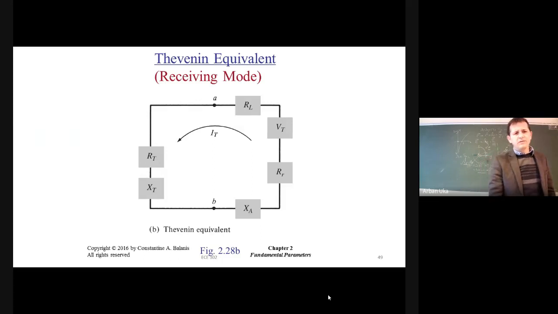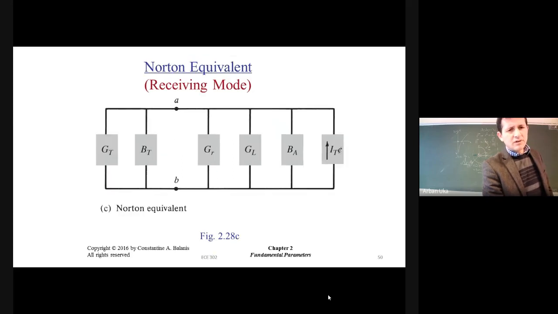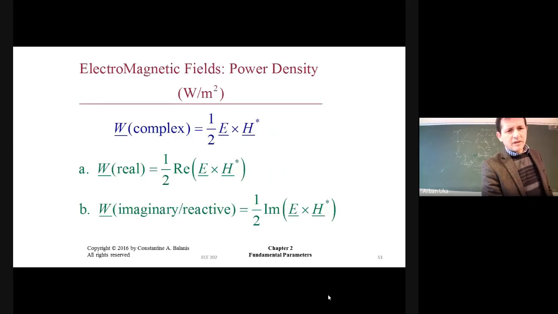Now, this antenna in the receiving mode works the same way. It is also the Thevenin equivalent, but this time the current is flowing from the wave which is coming from outside onto the antenna. And now we use the notation Vt, which is for the voltage which is created the moment a signal is received. This is the Norton equivalent.